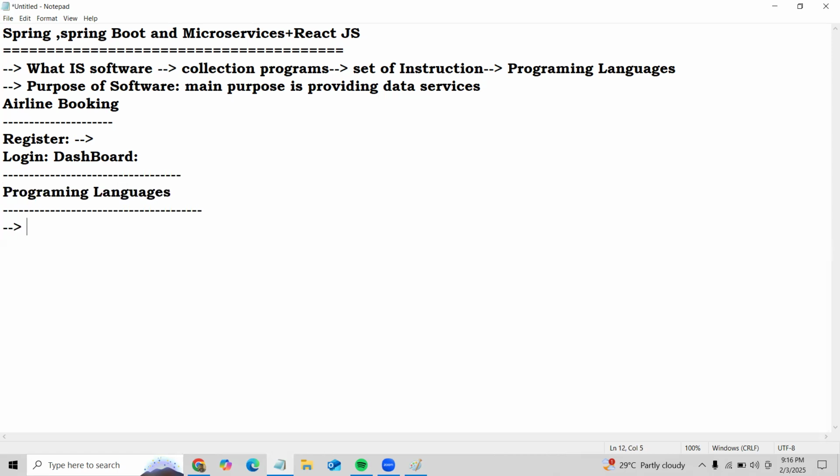The main purpose of programming languages is developing software. Only one motto, my friends. Programming language main purpose is what? Developing softwares. To develop software nowadays, we have so many programming languages like